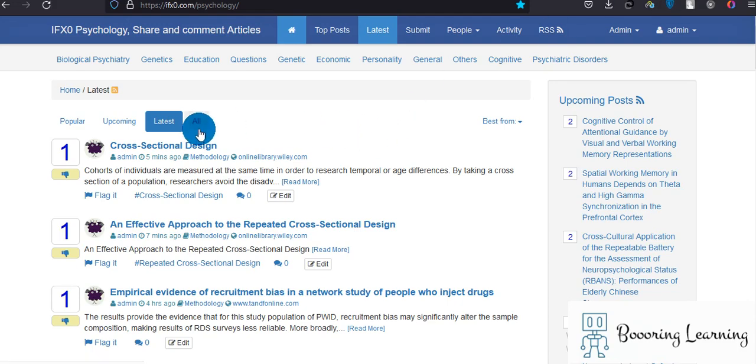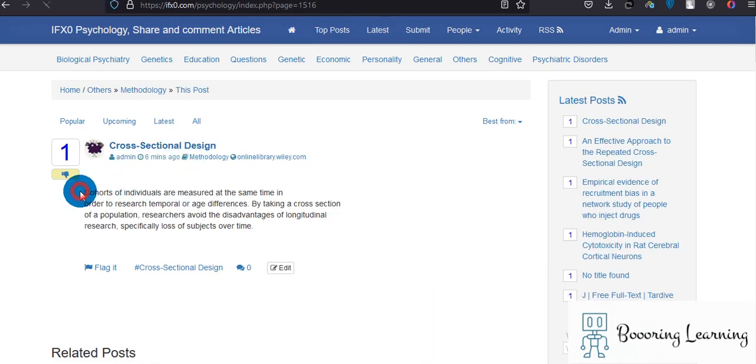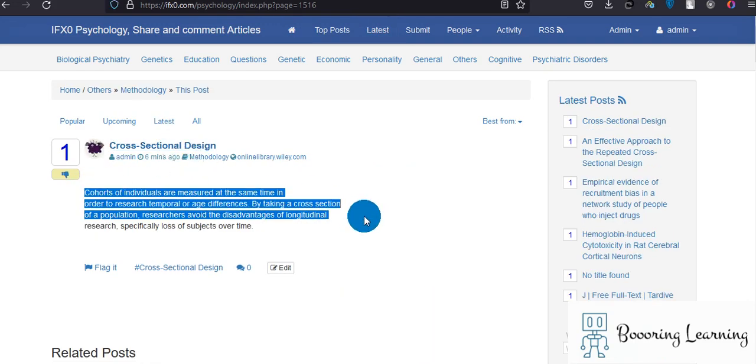In this video I would like to mention the cross-sectional design and its advantages and disadvantages. As a definition, cross-sectional design is where a course of individuals are measured at the same time, in order to research temporal or age differences. By taking a cross-section of a population, researchers avoid the disadvantages of longitudinal research, and specifically loss of subjects over